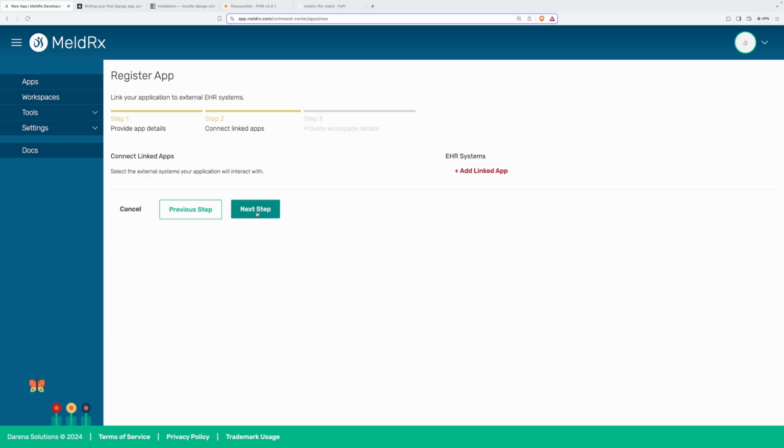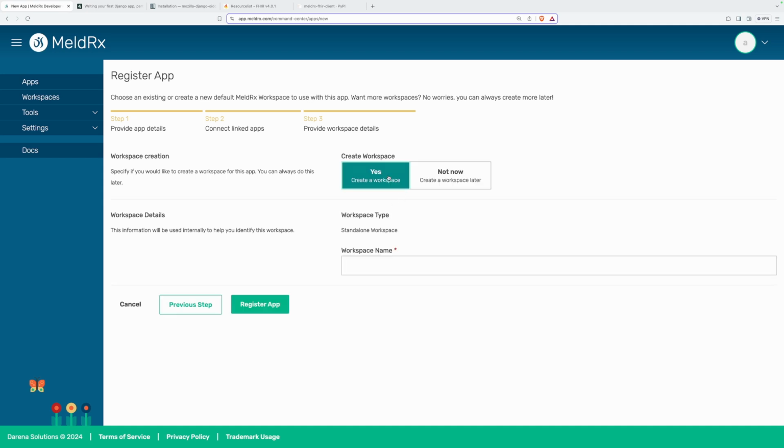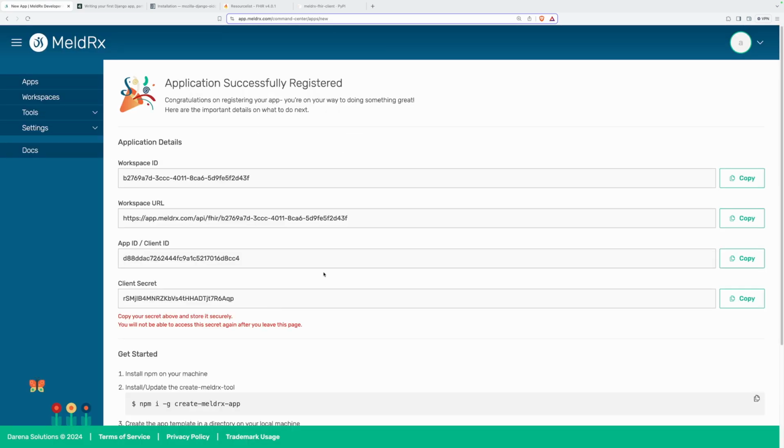I'm not connecting to any external EHRs, so I don't need to do anything here. And yes, I do want a workspace. I will say my Django workspace. And I'm going to go ahead and register my application with all of the metadata available to me here. Okay, now that I have my workspace information and my app information, I'm going to go ahead and set up